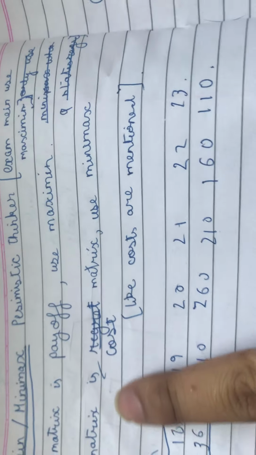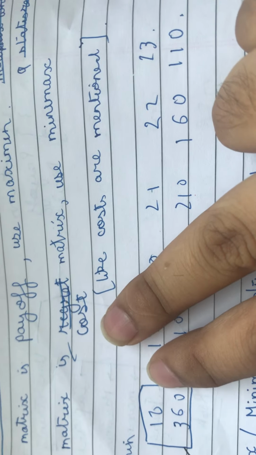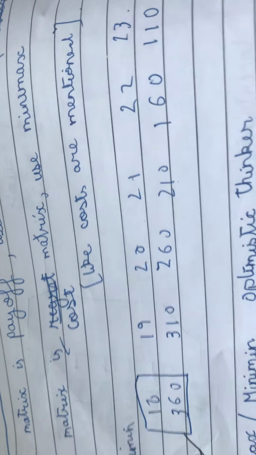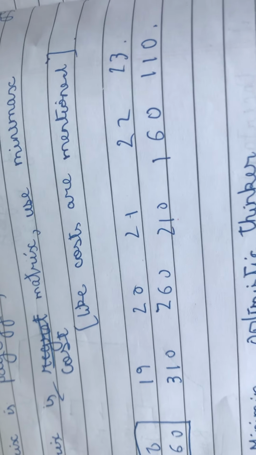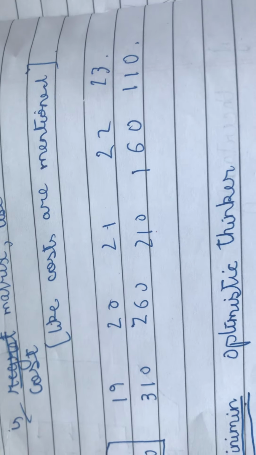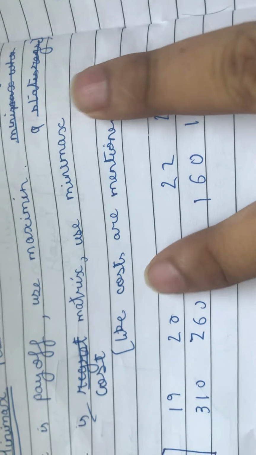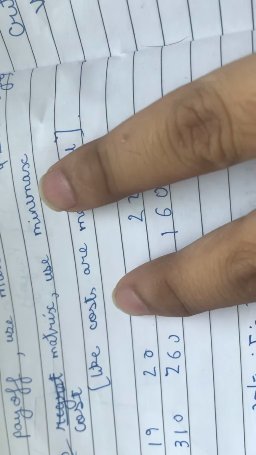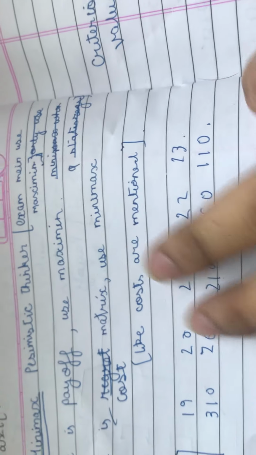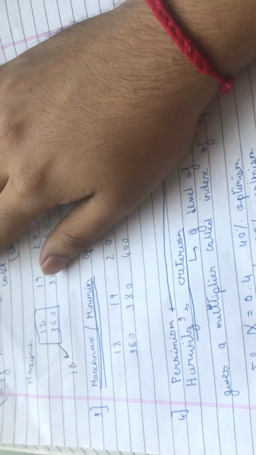But at the same time, if the matrix is a cost matrix, this was a payoff matrix. If you have a cost matrix, you can understand costs by the sum telling you that it costs this many rupees to buy this product and so on. Then you will use Minimax. So mini of max, you can say, mini in bracket max. You will take the maximum value and then minimize it. So in this situation, the pessimistic thinker is very happy: I am not incurring any single penny of loss, I am very happy because I am a pessimistic thinker.